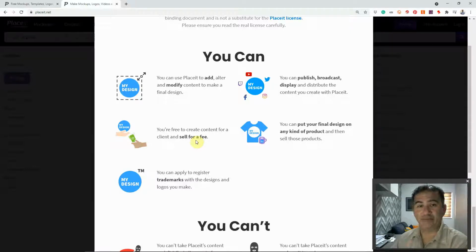And if you do this a number of times, probably you'll be able to generate enough income in your first couple of months to be able to pay for a yearly subscription to Placeit, and then everything else after is just going to be pure profit, because obviously you'll have access to a fantastic website that's going to allow you to do everything that you could possibly think of from a design perspective, to be able to provide all of the services that you want to provide for your clients